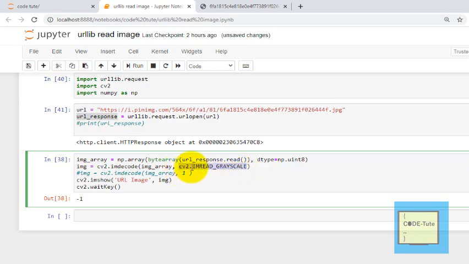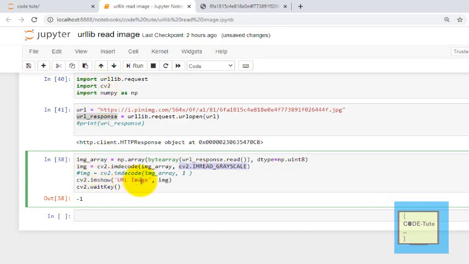So what I have written is cv2.IMREAD_GRAYSCALE. Then with the help of imshow, you can create a window and the image will be displayed in it. cv2.imshow is again an OpenCV function.